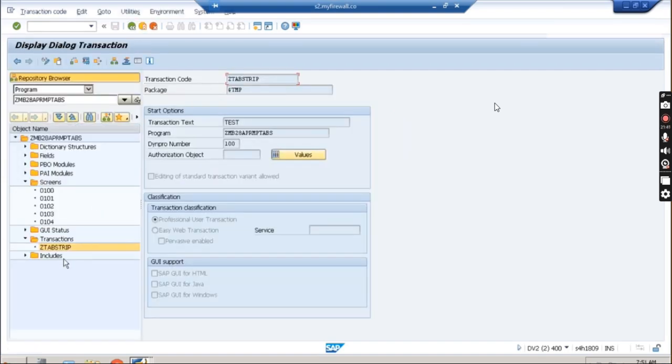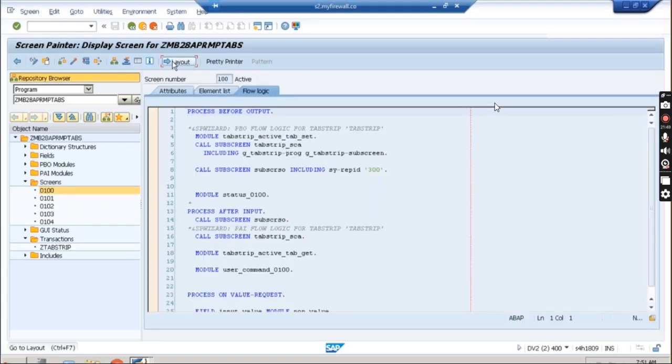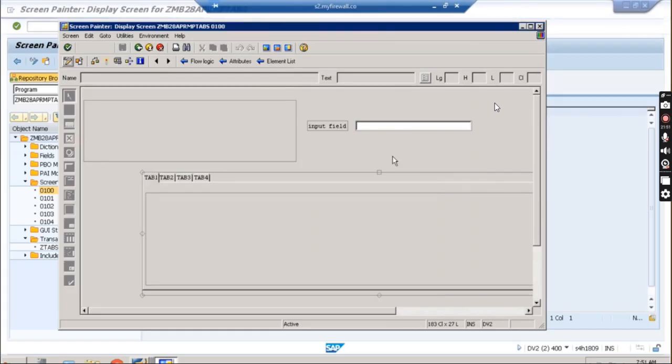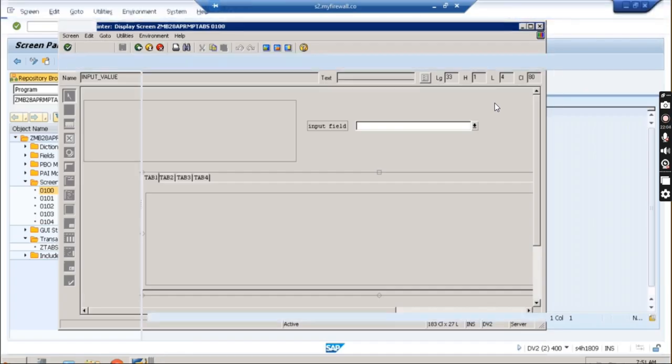So you can populate the value in many ways. One, you can directly attach the search help. You know how to attach the search help, right? You can double click over here and directly give the search help. That's the best way. But suppose you're not able to do so,